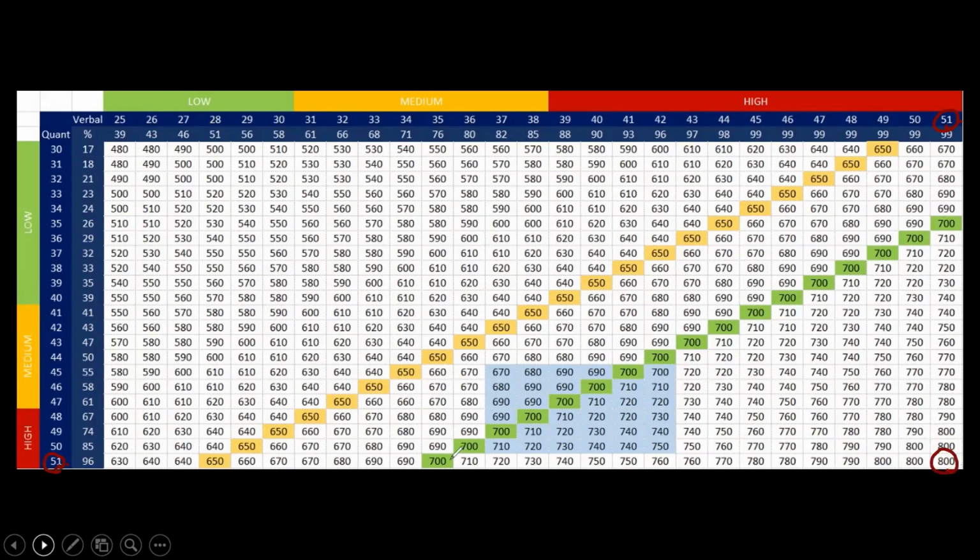You can get various scores in various different ways. You can score high on the quant section and low on the verbal section, or low on the quant section and high on the verbal section. For example, the score of 700 can be attained in many ways. As of now, you should not bother about what 51 means, what 50 means, etc. This will be explained to you in great detail in our actual course.